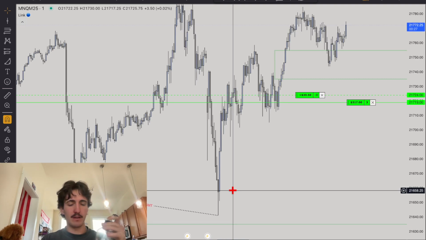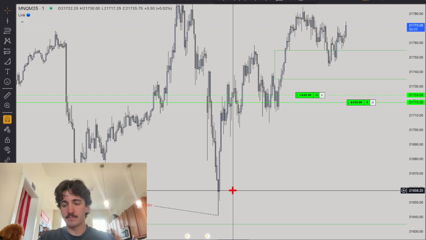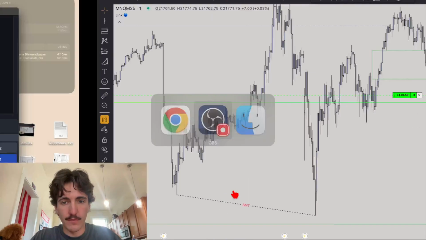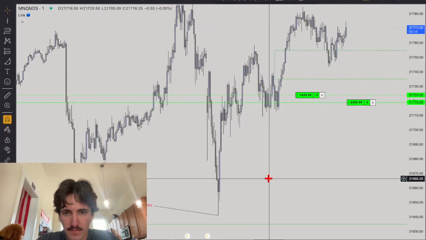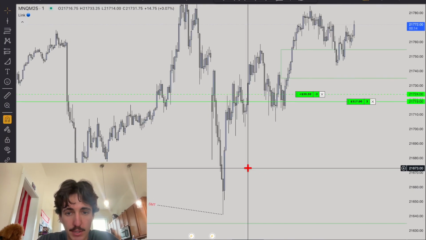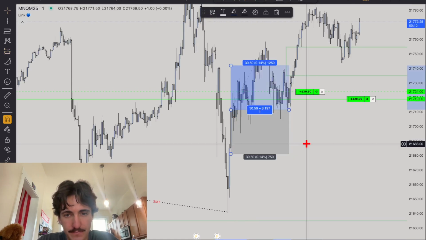So we get the 4 hour to close and the 1 hour. And what do candles have to do, right? In order to be a candlestick itself, it must put in a wick high and wick low, right? So this big manipulation down was just a wick low. And now my first entry came off this closure, which